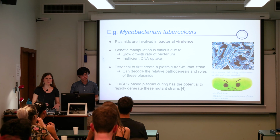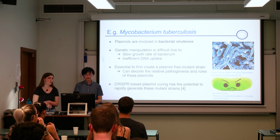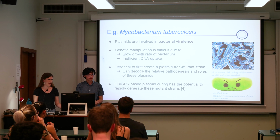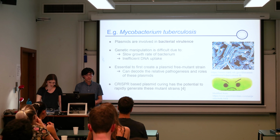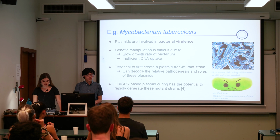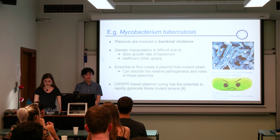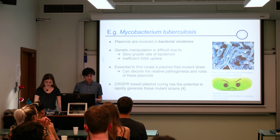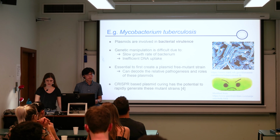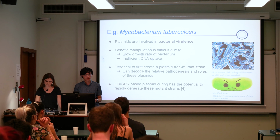So the two main problems faced when studying this bacterium are the fact that it's very slow growing, as well as that it doesn't take up DNA very efficiently. So if we relied on the old and unreliable methods of plasmid curing, growing a plasmid-free strain seems almost impossible. However, using the CRISPR-Cas9 system, this could create plasmid-free strains of M. tuberculosis much more quickly and efficiently. This rapid production of plasmid-free strains would contribute heavily to the increased ability to decode and decipher the plasmid's contribution